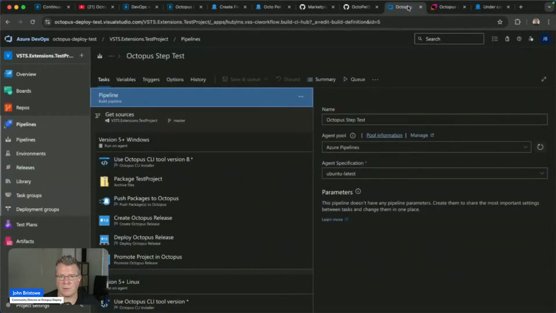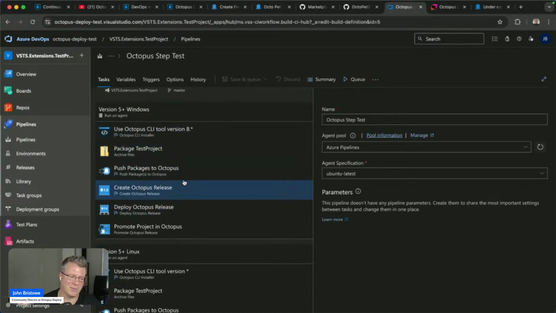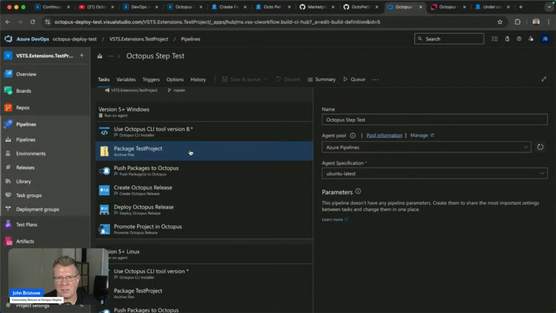We also integrate with, for example, Azure DevOps. So these are some of the custom steps that you can use in concert with Azure DevOps. I'm not using the XAML view here because it's a little bit prettier. So these are some of the steps that we have. Of course, this is the legacy way of utilizing pipelines, but inside your pipelines, you can utilize Octopus steps as well if you wish. So you can utilize our CLI, you can create releases, etc.